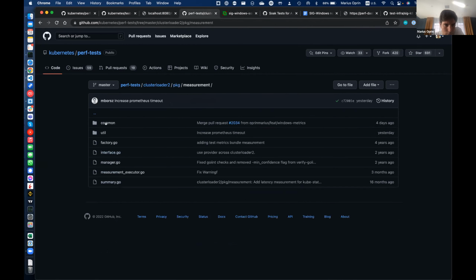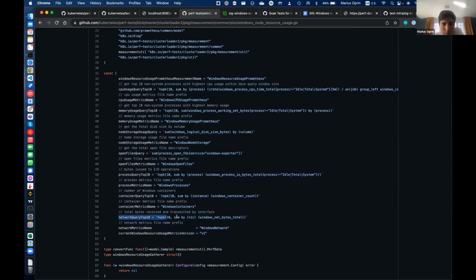So for example, the open file handles and some node storage and port allocations we do not have. So for the network, we queried the Windows net bytes total. We don't have any metric for the open ports, and there is one more query that is not as desired.